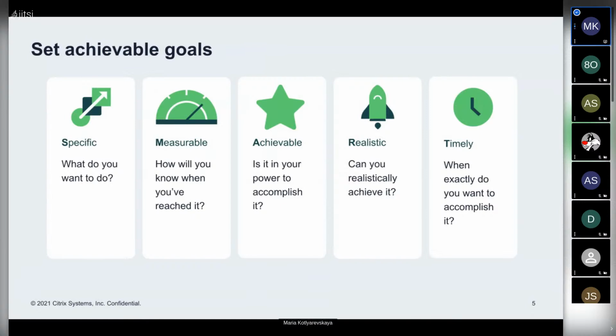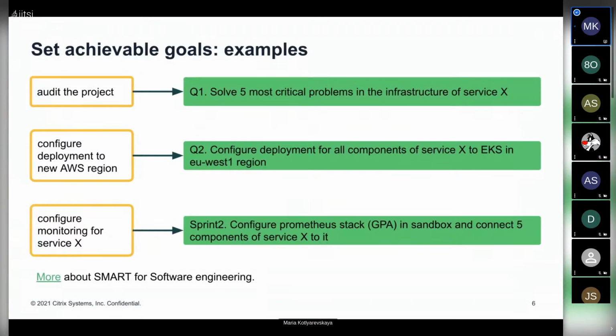And the most important, when exactly do you want to accomplish it? So you should be time specific. Just define how much time you need to achieve your goals. And I prepared some good and bad examples regarding this.